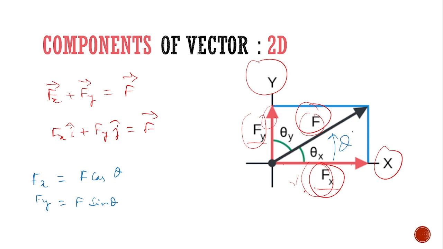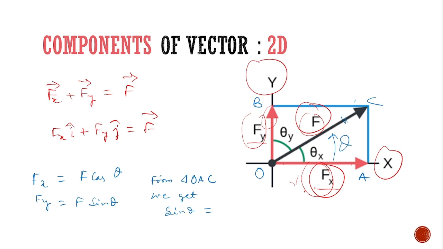As you can see, this is the hypotenuse of the triangle OABC. From triangle OAC we get,